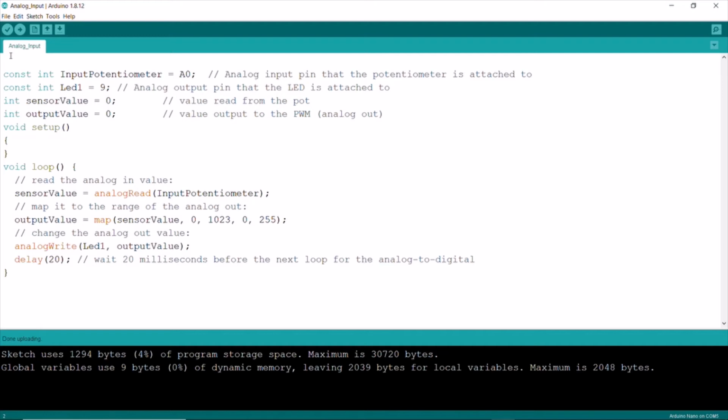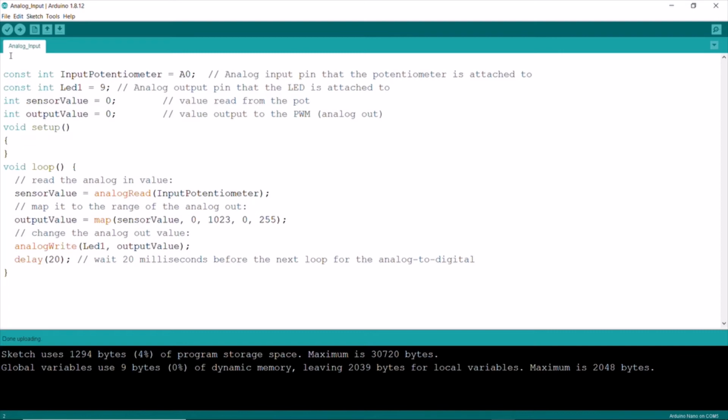Now in the void loop we have a sensor value which is read first by the analogRead function, which will read the analog input voltage from the A0 pin, that is the input potentiometer, and after reading the sensor value it has to be mapped into a suitable output value. So output value equals map in the round bracket sensor value comma 0 comma 1023. Now 1023 because the Nano has a 10-bit ADC and it has a 4.9 millivolt per unit resolution. So if you multiply 4.9 millivolts by 1023, you get the value of 5 volts, and that is the max value that will be offered by the A0 analog pin of the Arduino.